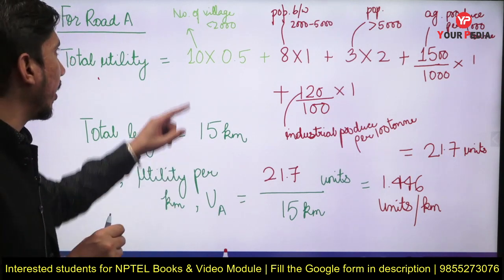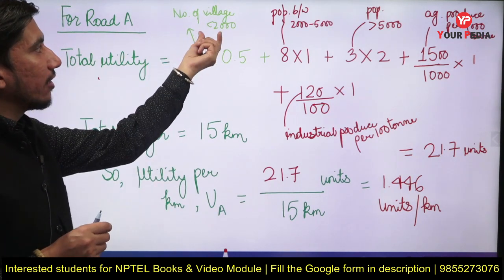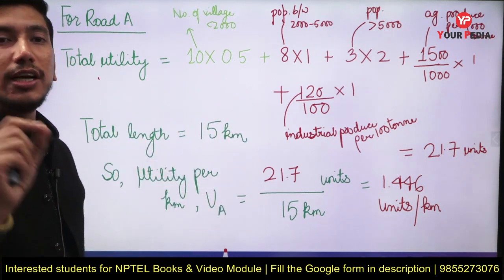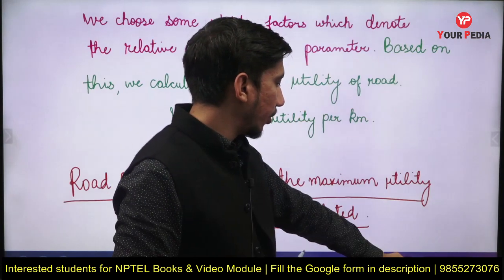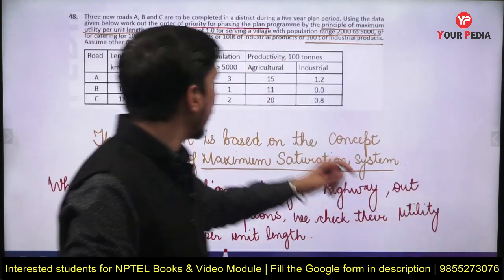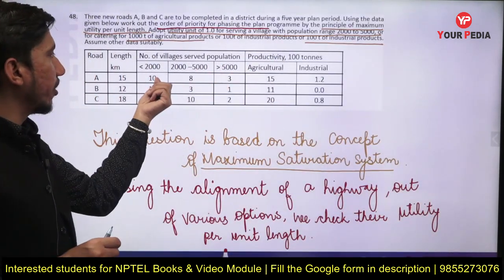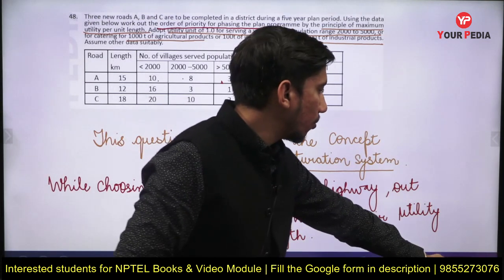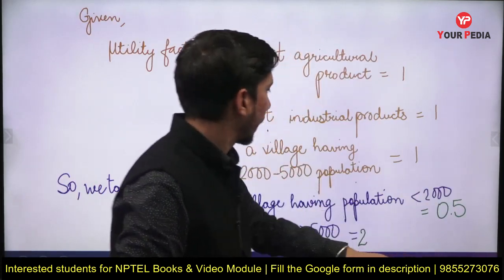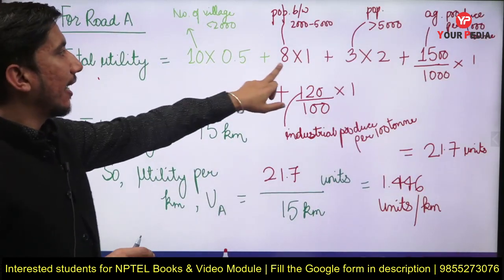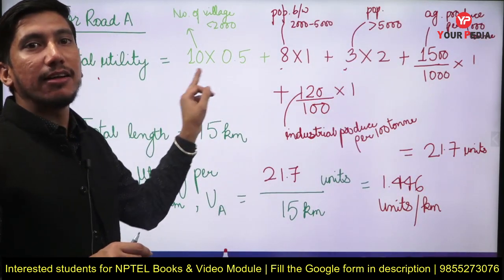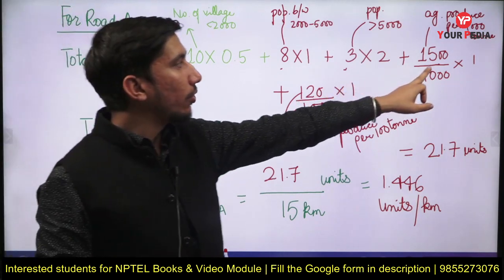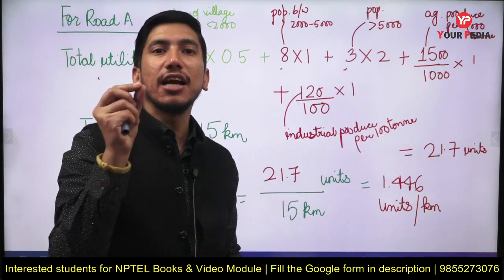So in this way we are calculating for road 1 the total utility. How can we calculate? We find the number of villages having population less than 2000 and multiply them by the utility factor that we chose for that particular range. The number of villages in these ranges is 10, 8 and 3. Okay, so 10, 8, 3 multiplied by their respective utility factors, and then total agricultural produce was 1500 tons,